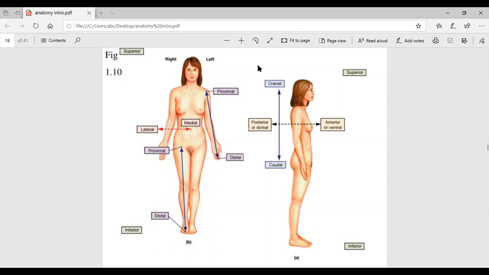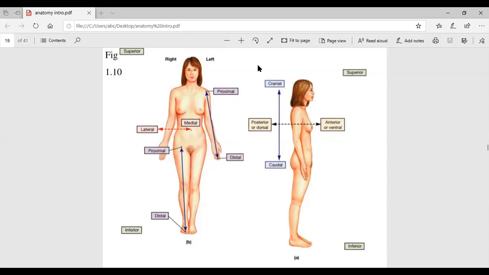Similarly, lateral and medial are not in terms of distance from the center of the body, but in comparison to the midline of the body, the vertical line passing through the center. So the more medial any organ, the closer it is to the midline; the farther the organ from our midline, the more lateral it will be. I have explained on the diagram what is proximal. Proximal means the closer organ, distal means farther, medial means closer, lateral means away from the body.